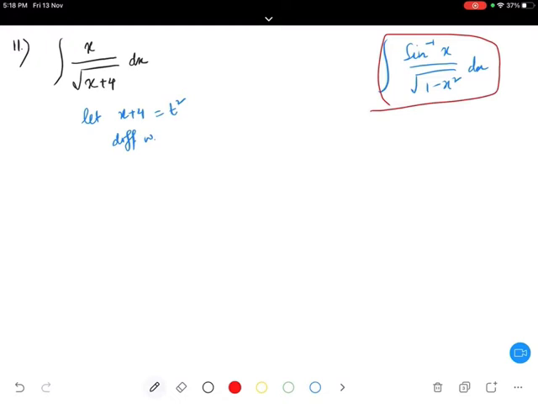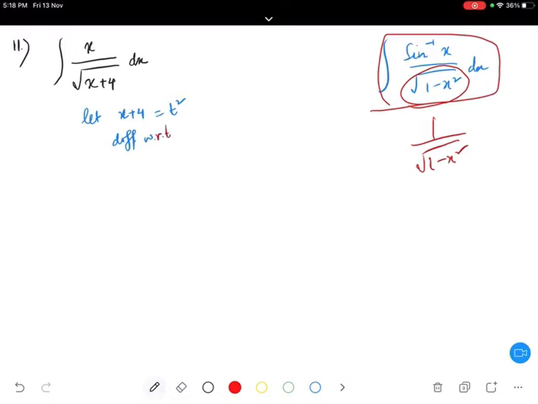I told you that type will work, but there will be exceptions. You know, differentiation of sine inverse x is what? 1 by root over 1 minus x square. So there is no point in substituting 1 minus x square is equal to t square, because if I substitute sine inverse x is equal to t, directly the derivative is 1 by root over 1 minus x square. So there are exceptions to this square root rule. Okay, so you have to look into that.